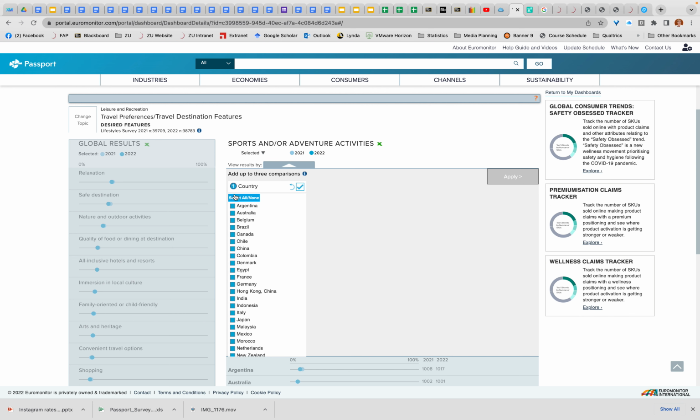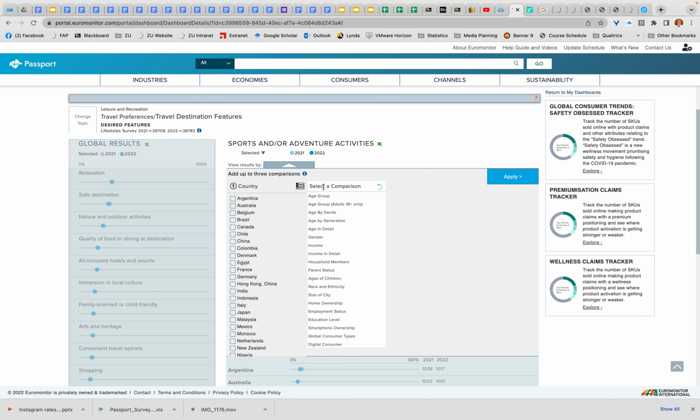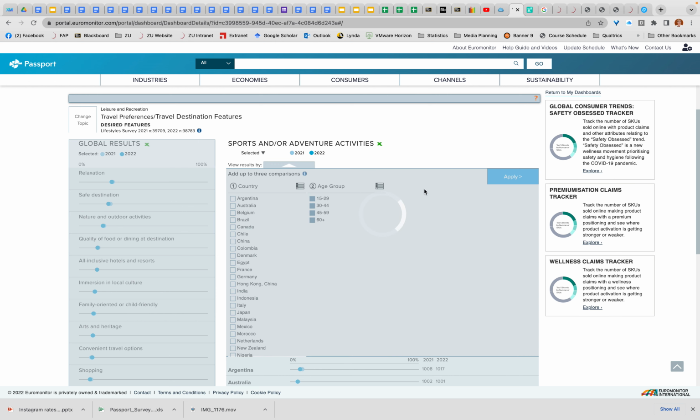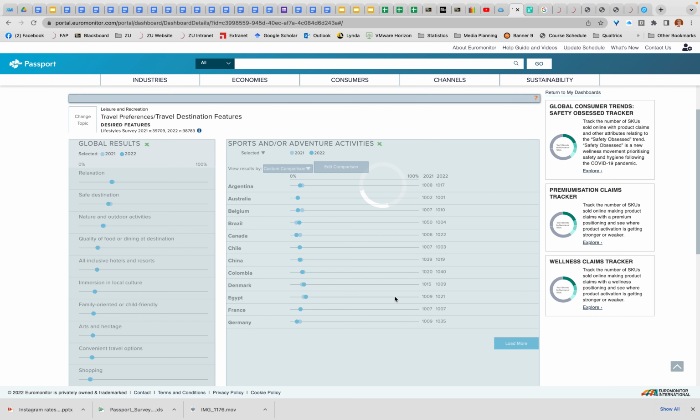If I want particularly just the UAE, I could go to UAE as my first variable. So now it's only going to look at people from the UAE. And I could look at two basic ones, so age, let's say, and gender. There's a lot of them that you could look at though. Again, you could look at income and even some of the psychographics, which I'll show in a minute. And if I apply that now,